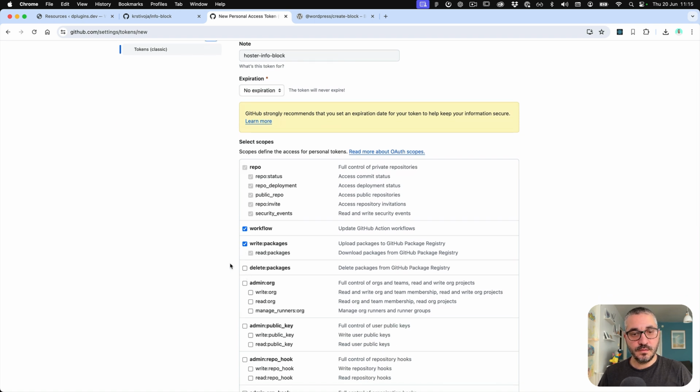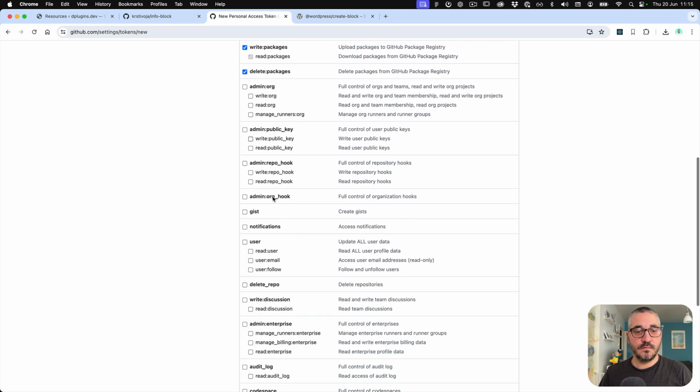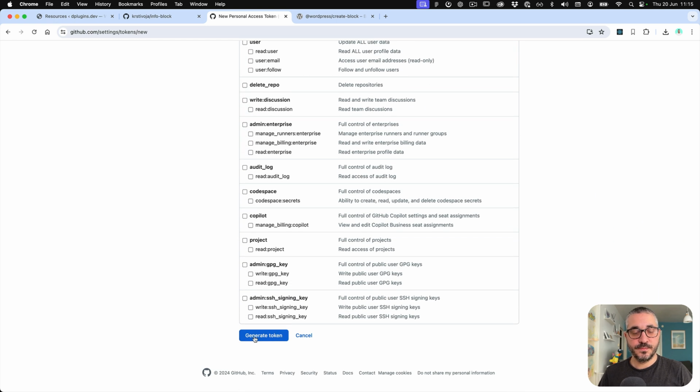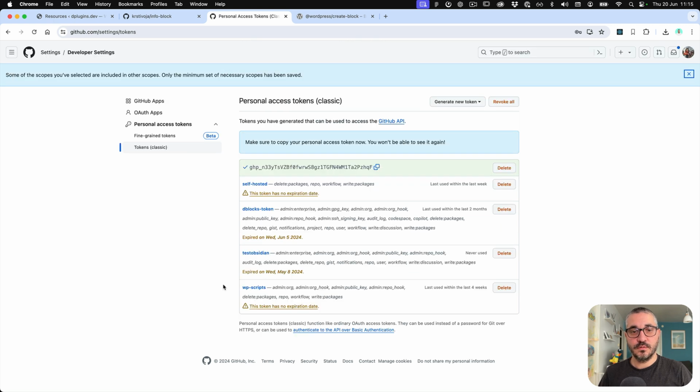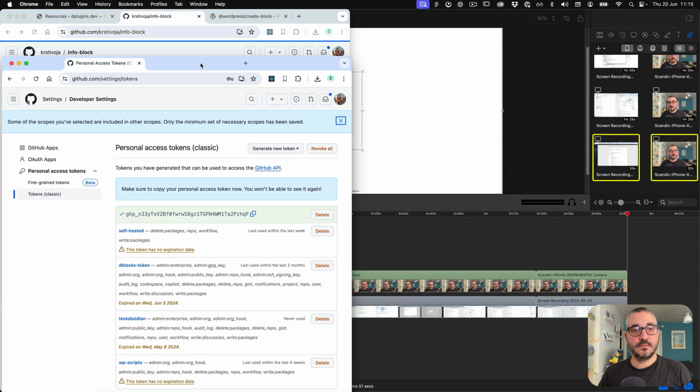And we need write packages. So let's delete packages as well. And we don't need the rest of them. Generate token. Perfect. And now we have this one. And let's keep it here. And now for this one,